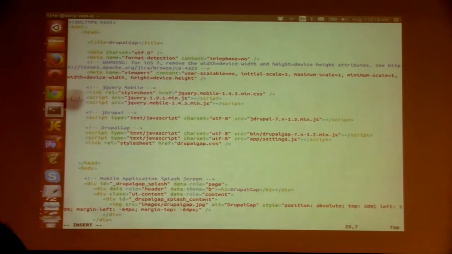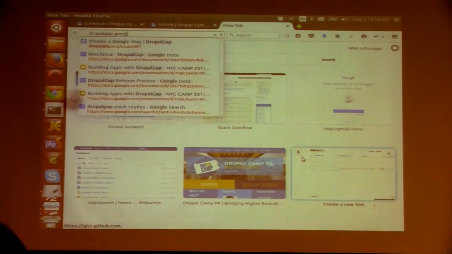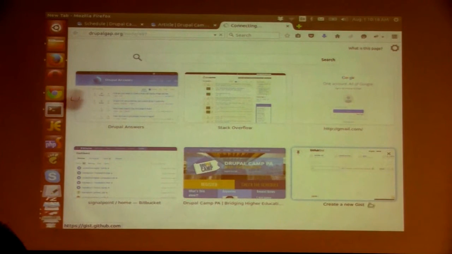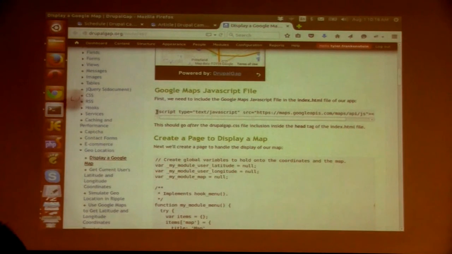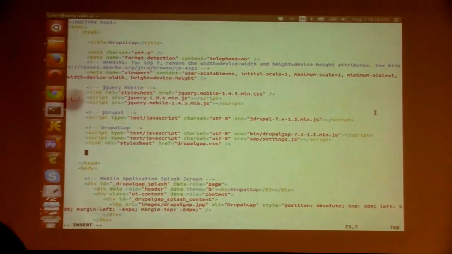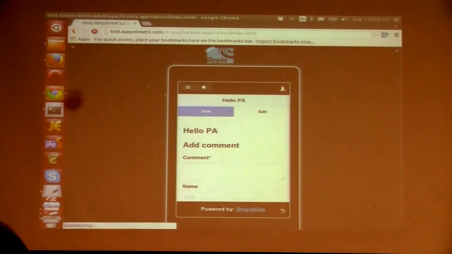That way we can display Google Maps in our app. Here's our little inclusion script here. Drop that in. Write it, quit it, and now if we refresh our app,